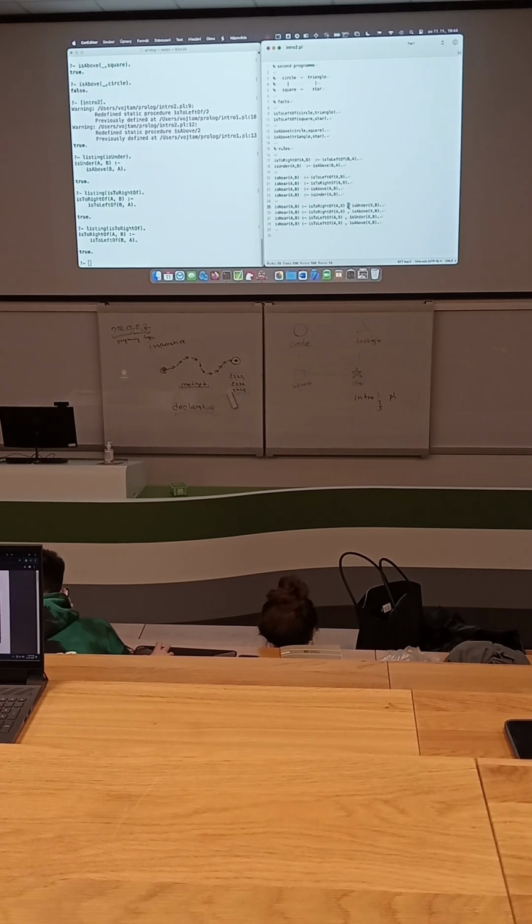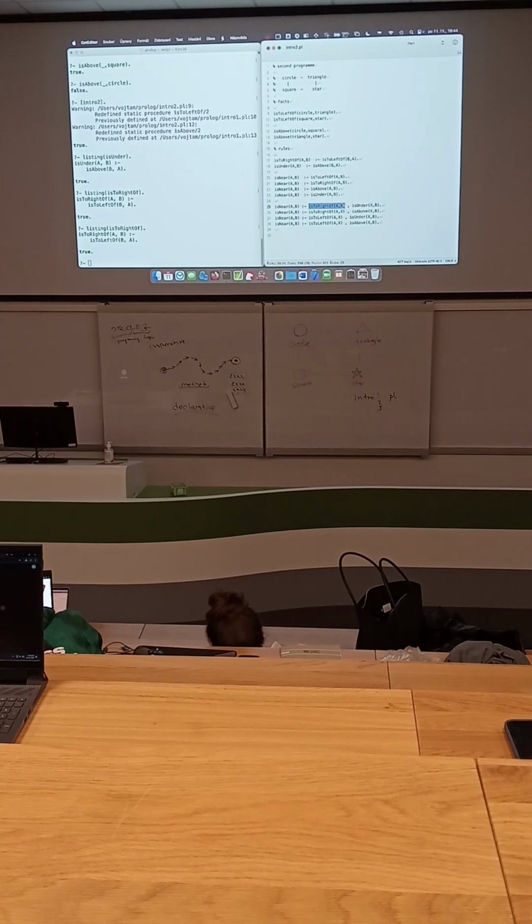Comma is a logical operator which means and. So you need to have both this statement and this statement proven. And look at the variables. X is an intermediate variable, some new value, and it's new.